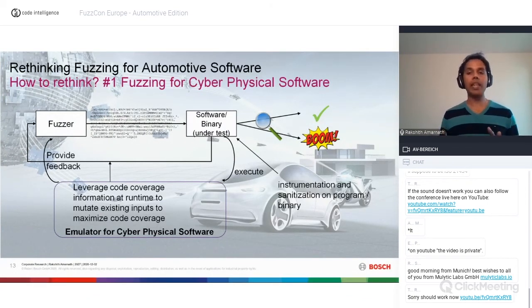For example, if you think about cyber-physical software, which normally receives inputs from the environment and produces output for the actuators, how would one meaningfully create inputs for such software and observe its outputs? So that could be an interesting question. And another one could be, could it be possible to more or less reduce the search phase for testing with the information which is already available from the software-in-the-loop environments, or even the plant or environment or the physics models? So that could be another interesting question.